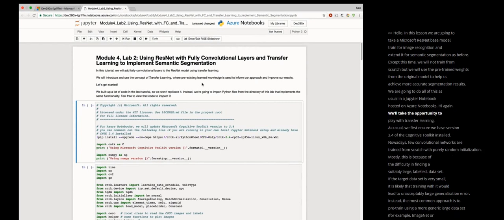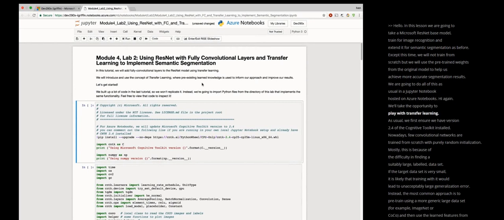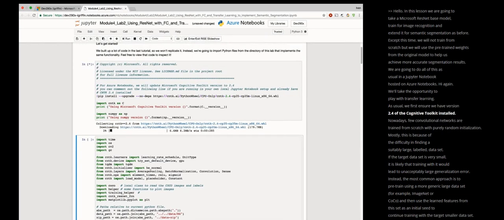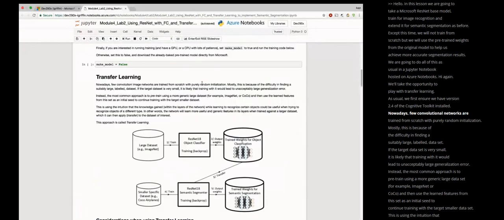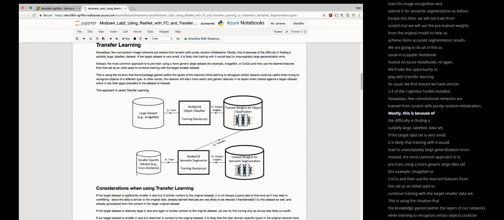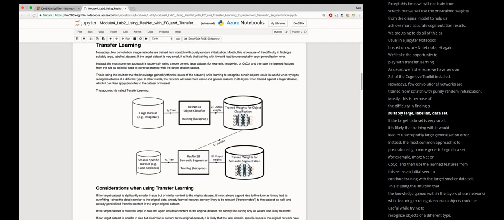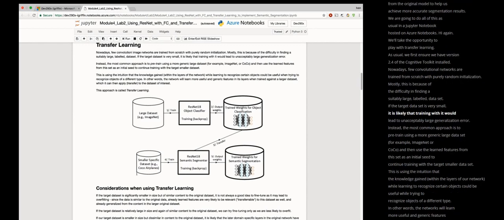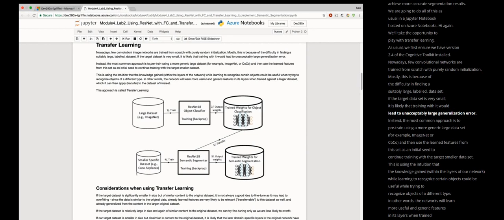Hi again. We'll take the opportunity to play with transfer learning. As usual, we first ensure we have version 2.4 of the Cognitive Toolkit installed. Nowadays, few convolutional networks are trained from scratch with purely random initialization. Mostly, this is because of the difficulty in finding a suitably large labeled dataset. If the target dataset is very small, it is likely that training with it would lead to unacceptably large generalization